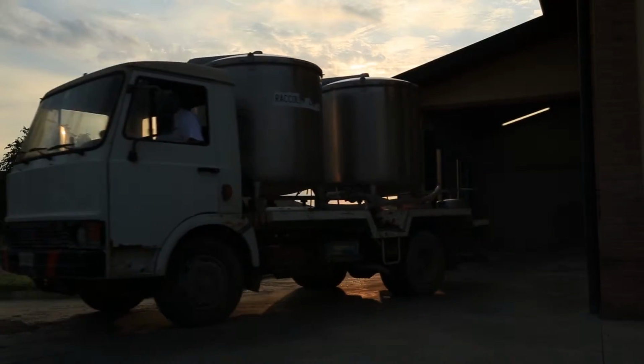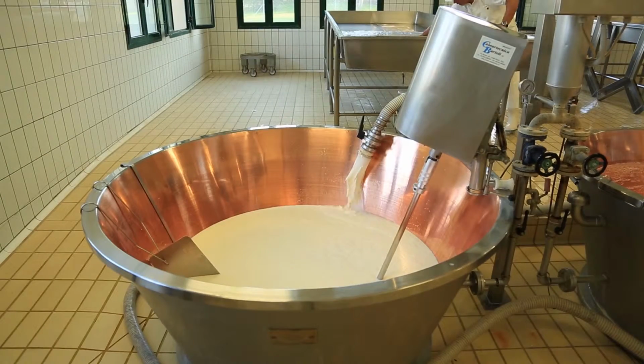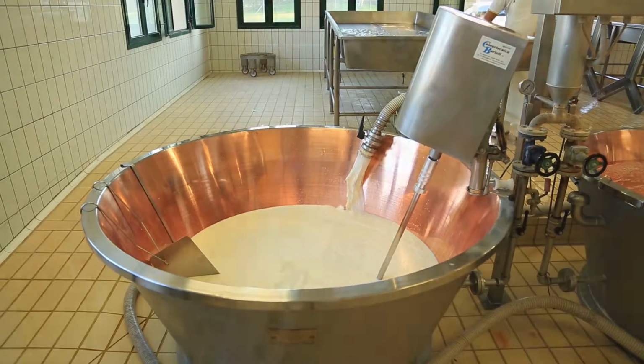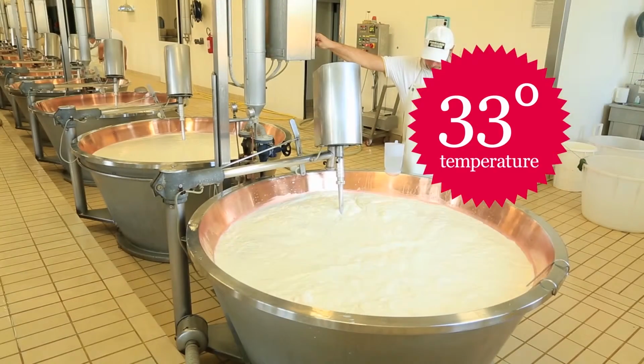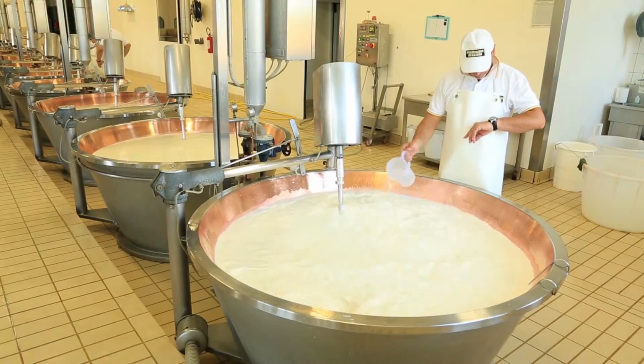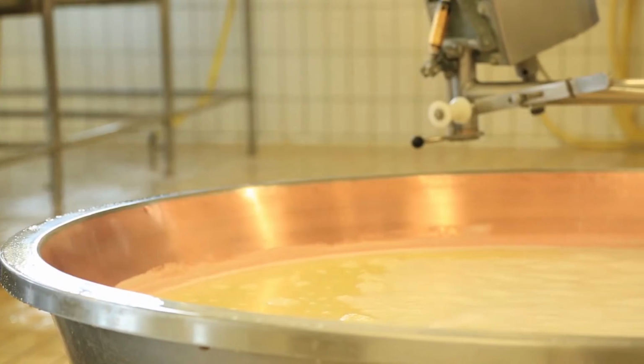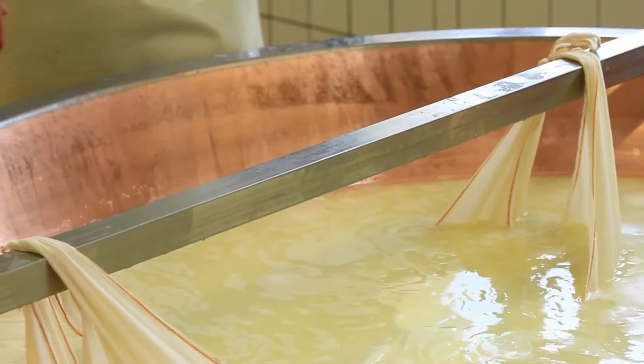Parmigiano-Reggiano cheese is made from raw cow's milk, calf's rennet, and salt, making this cooked cheese 100% natural. Heated to 33 degrees Celsius and stirred, the milk coagulates in 10 minutes after the rennet is added. To break into tiny granules, the cheese is turned by the spino whilst the temperature is raised to 55 degrees Celsius. At this point, the granules sink into a single cheese mass at the bottom, allowed to rest for 60